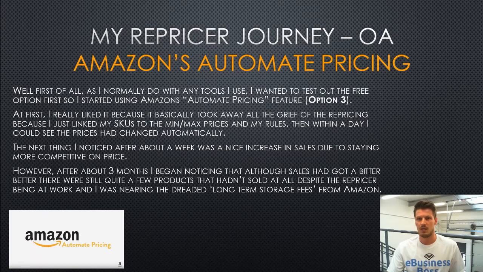So this is what led us to using Amazon's Automate pricing. And the reason we went there is because what we normally do with anything, and it's what we've always done really, is if there's a free option, we'll try that first and see how we get on. Now, we realised Amazon had their own Automate repricing software, or add-on should I say, and we decided to test that out. And this is option 3 that I've outlined earlier. So we do 1 and 2 for private label. We tried 1 and 2 for online arbitrage. It wasn't working. We then moved on to option 3, which is Amazon's Automate pricing.